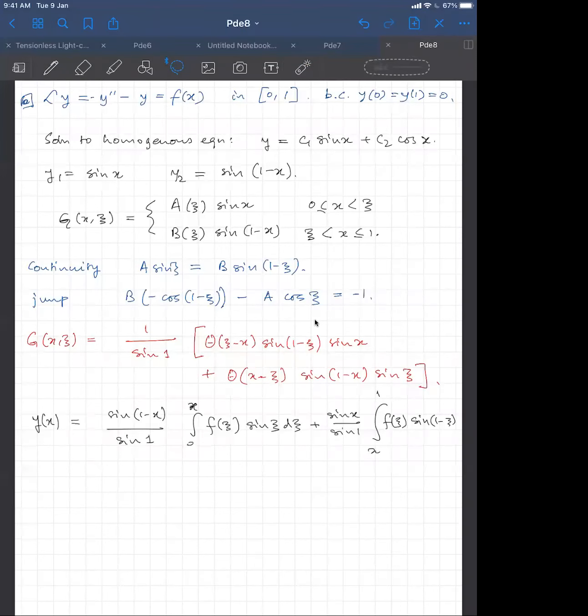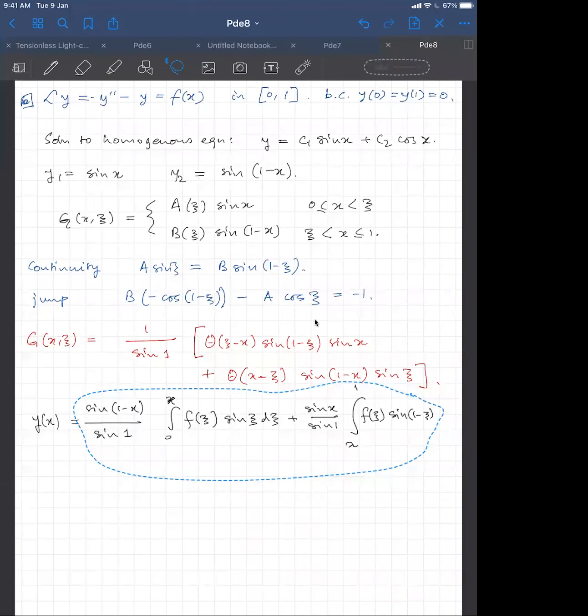I cannot fit my d psi in, so I'm going to move this. All right, so this is the solution to this inhomogeneous differential equation, which we have just constructed from our